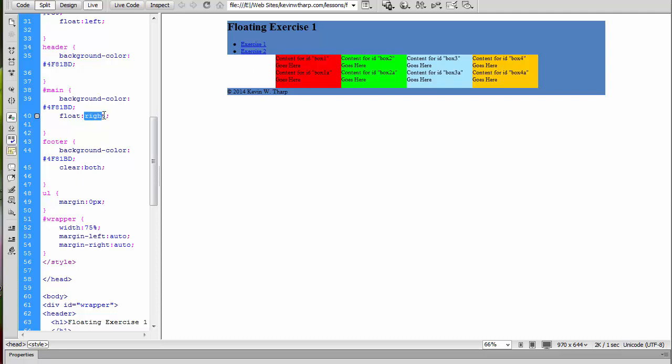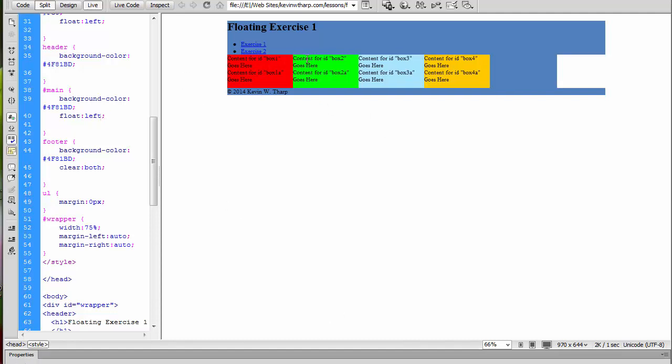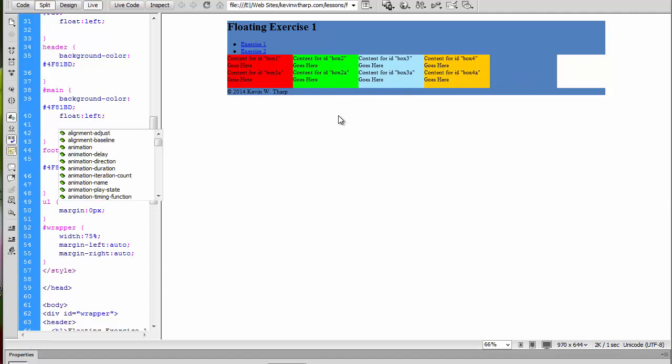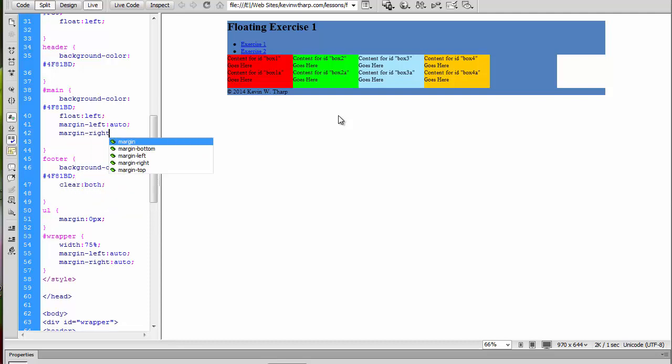And so if we change that to left, then we'll have the same circumstance where we're using up 80% of the space of the page. We've got this white left over. Now think about it. If we wanted to center this main div in the page, then what we would do is we would give it margin left set to auto and margin right set to auto. And when we refresh the view on that,